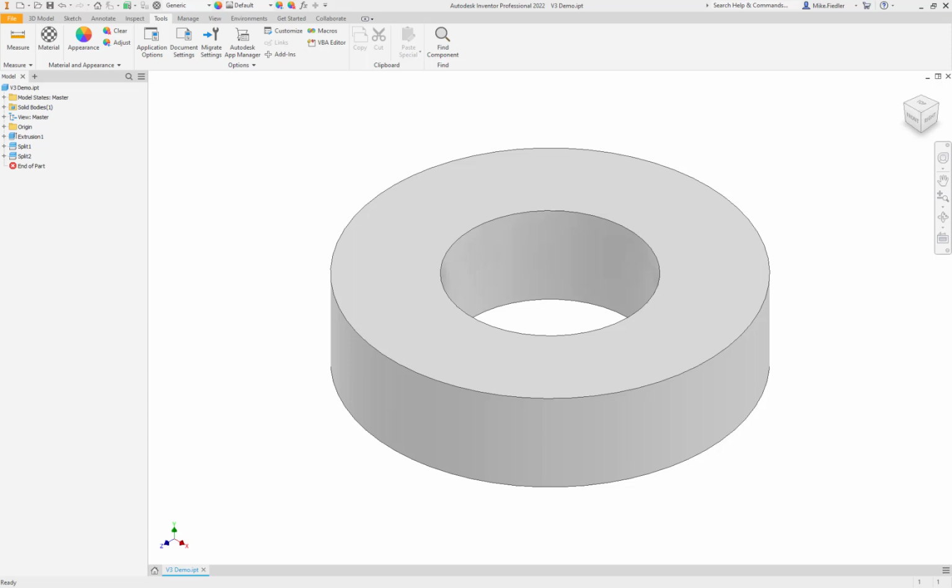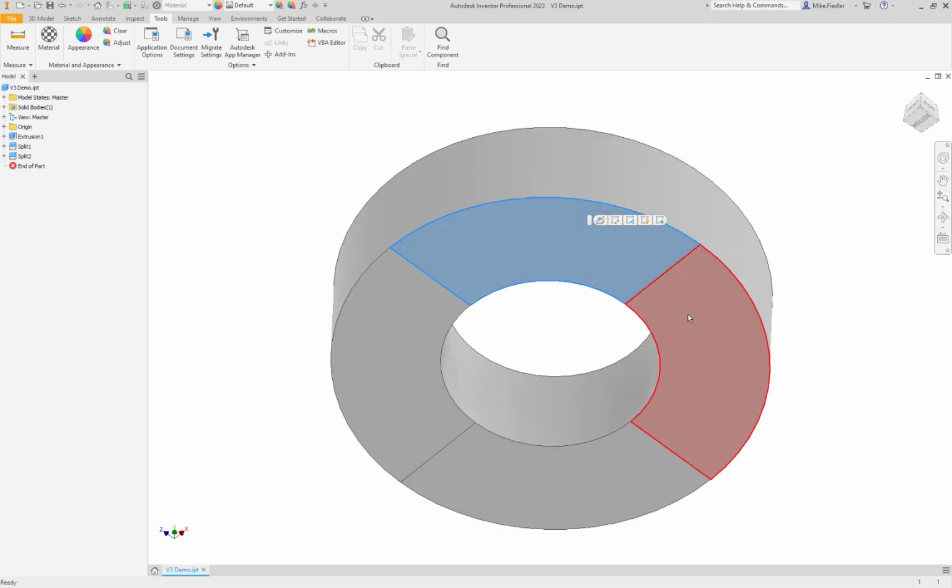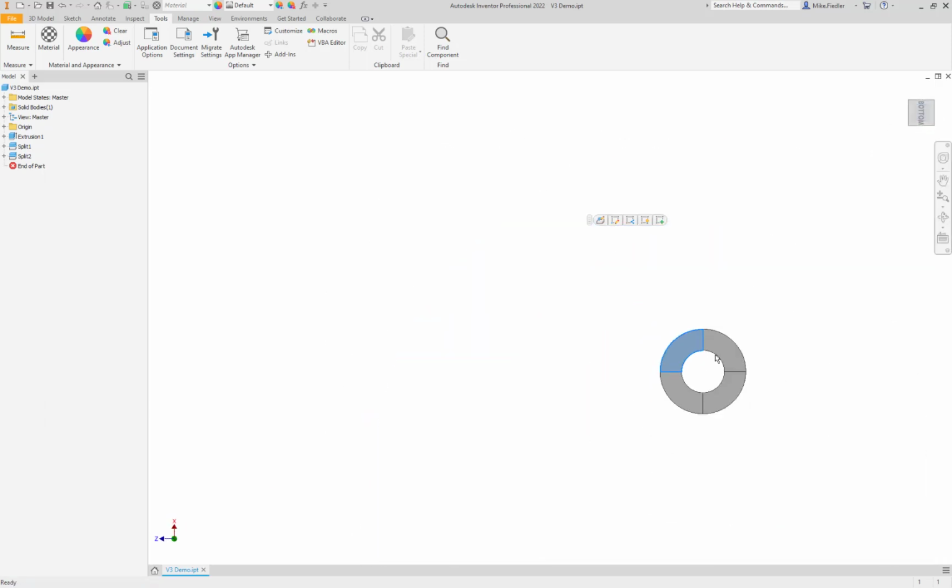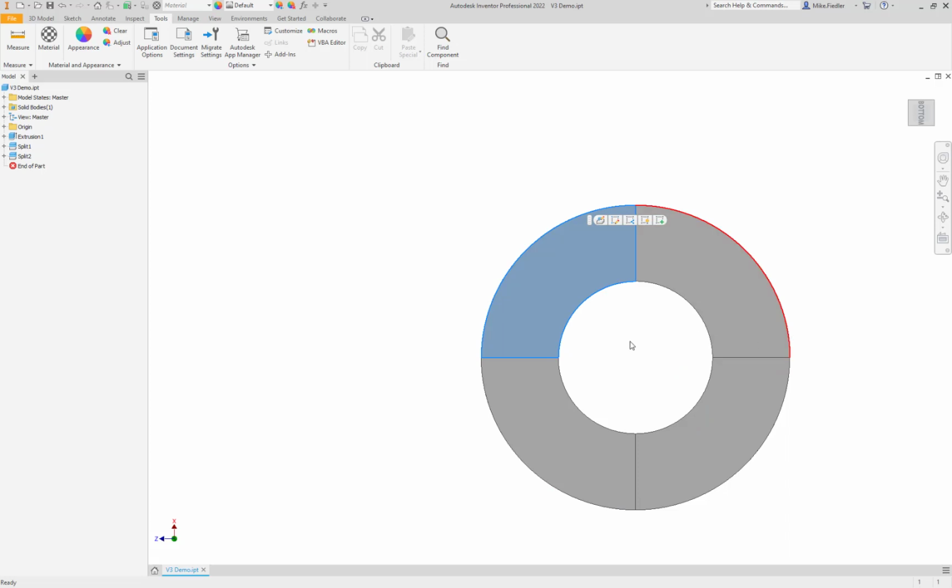Okay, welcome to another validation with Autodesk Inventor Nastran. For this one, I've already built the geometry. It is a 12-inch outer diameter and it has a 6-inch inner diameter. The height is 3 inches. And the only other thing that I've done is I've gone ahead and split the bottom face into quadrants. I basically made split lines from 12 to 6 and 3 to 9 so we can leverage that for adding